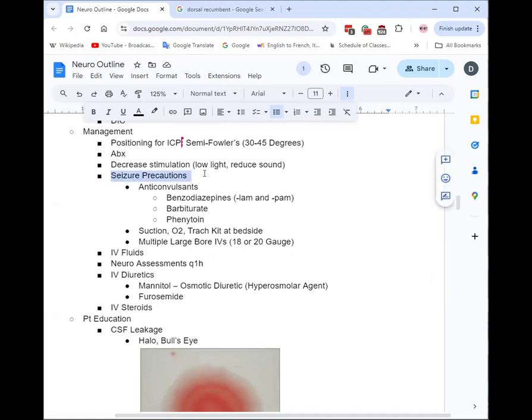So not only do they have the risk of having seizures, what are some of the issues that occur on a neuro patient from the seizures, if you guys can think about? So what do the seizures do? How do they affect you, I guess, is what I'm trying to say. Yeah. Not so much brain damage, maybe over periods of time. And if they do have brain damage, why would they have brain damage? What's actually causing brain damage in that situation?